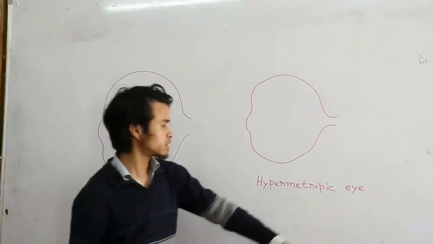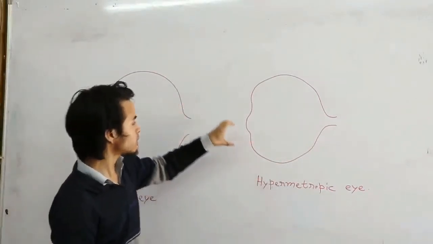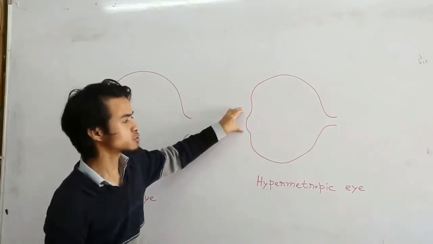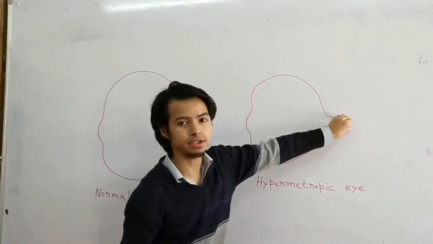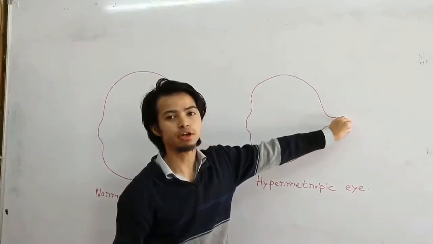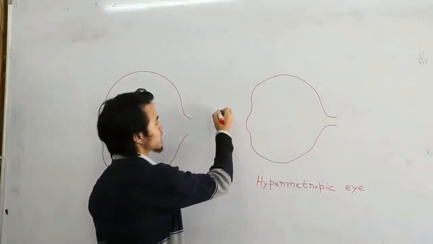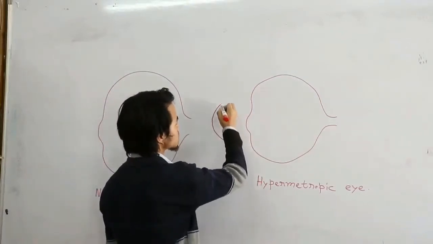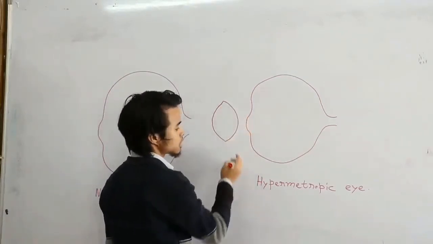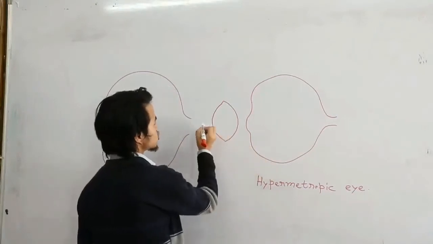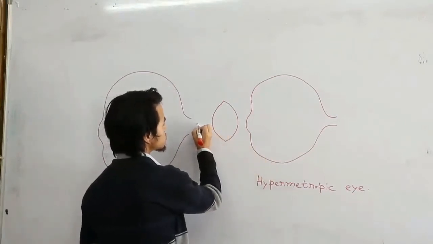Now, we know that in a hypermetropic eye, the light rays coming from the near objects get formed behind the retina, and hence we cannot see the image of that object clearly. So to correct this defect, we place a convex lens. We place a convex lens in front of the hypermetropic eye, and so when the light rays coming from the near object